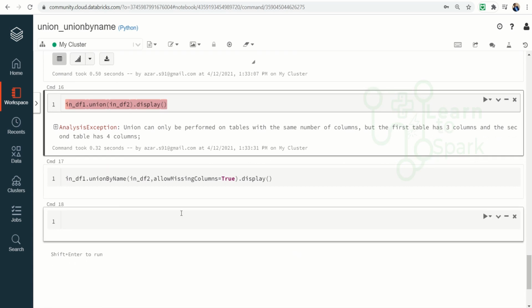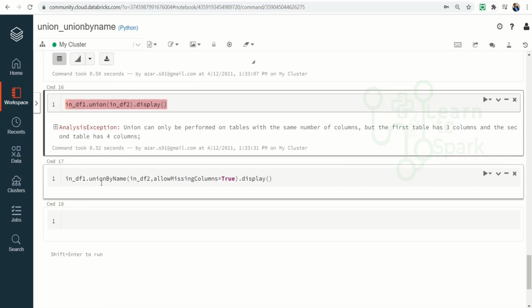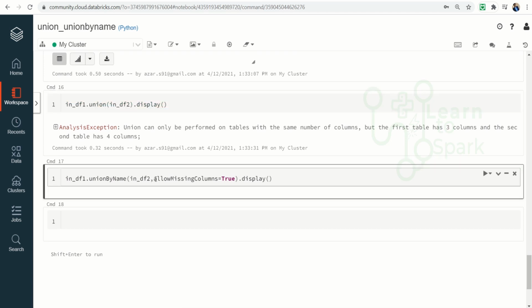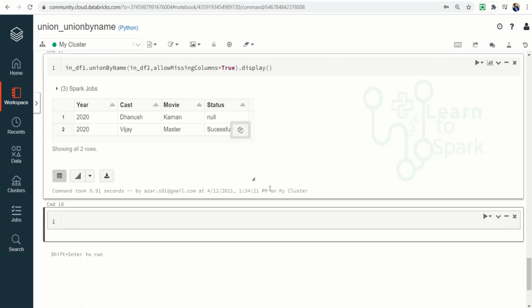This is the syntax, like you can see, df1 dot unionByName df2, and then here I have given an option allowMissingColumns equal to true, which will let us make a null value for the column that is missing in any data frame. So let me display this. So here you can see it is very simple, both are merged and also with the appropriate columns, and also if there is any column missing, it is adding a null value for that.